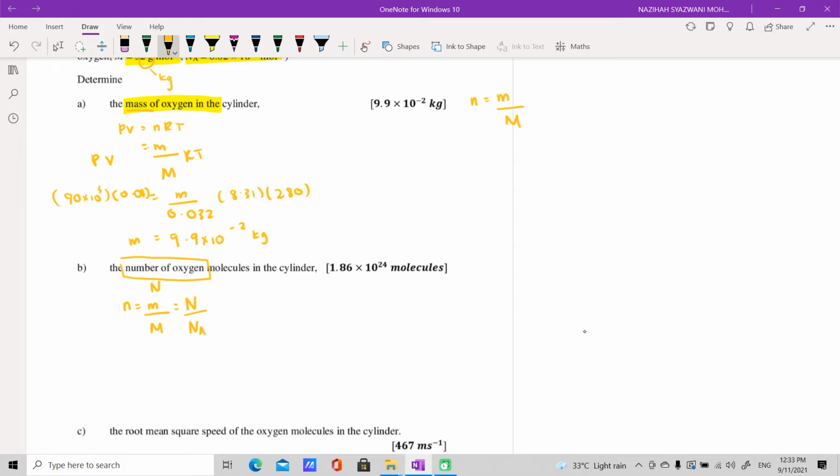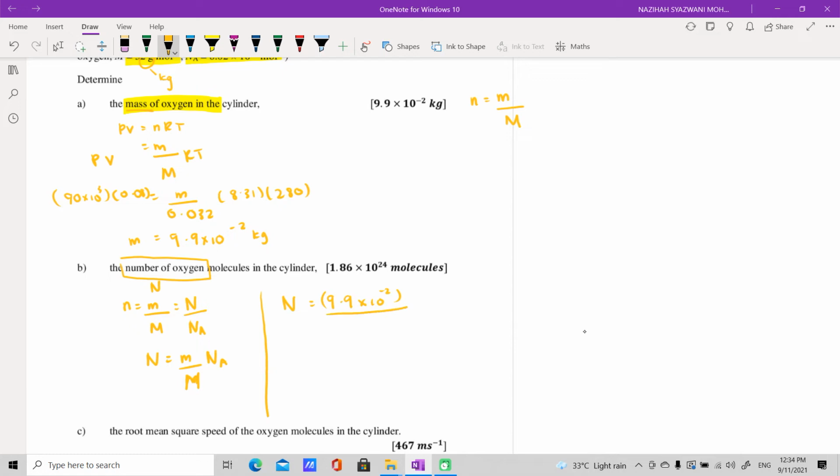You want to make N the subject. So N equals m over M, this is capital letter M, then multiply with the Avogadro constant. Let us continue here. The mass, we have obtained it earlier, which is 9.9 times 10 to the power of negative 2,